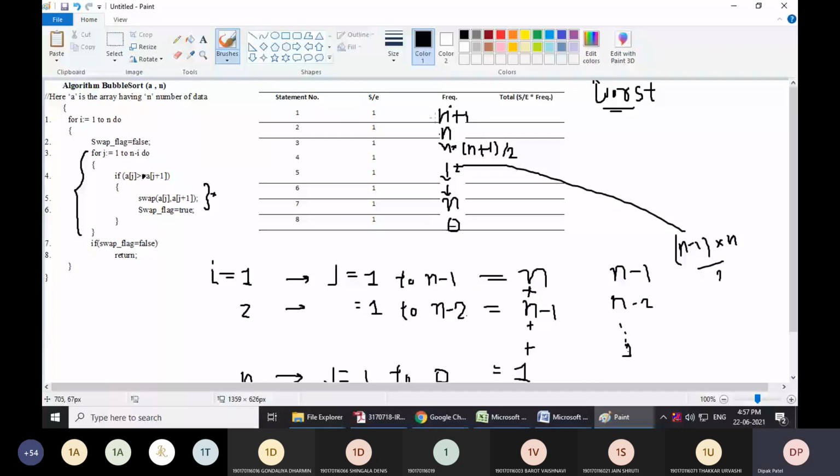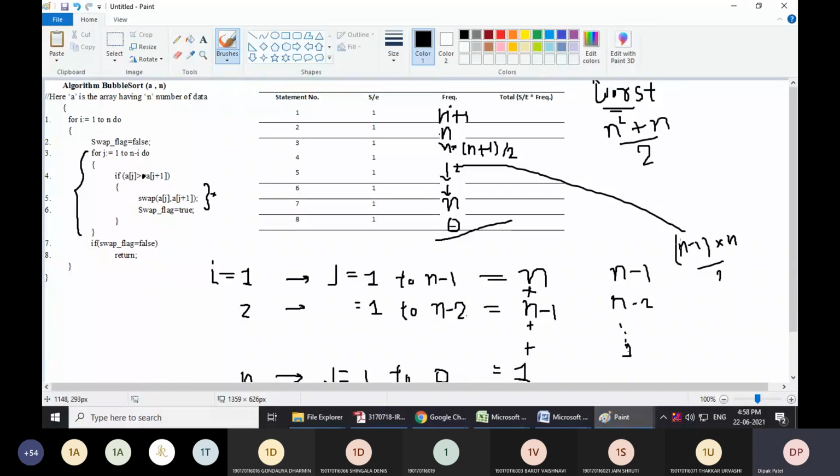So here is the worst case analysis of this algorithm. The total will be the same as the frequency, as the steps per execution is 1. You can find the sum of these: it is n plus 1 plus n into, see, this is n square plus n divided by 2, right?